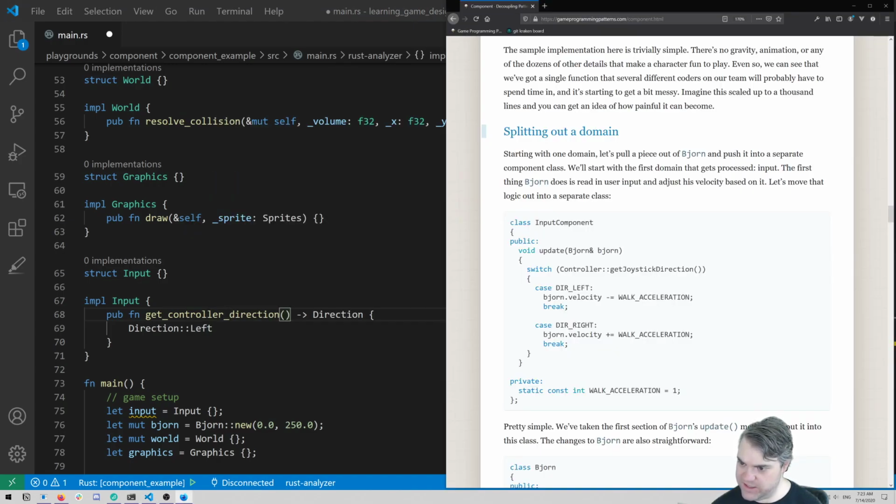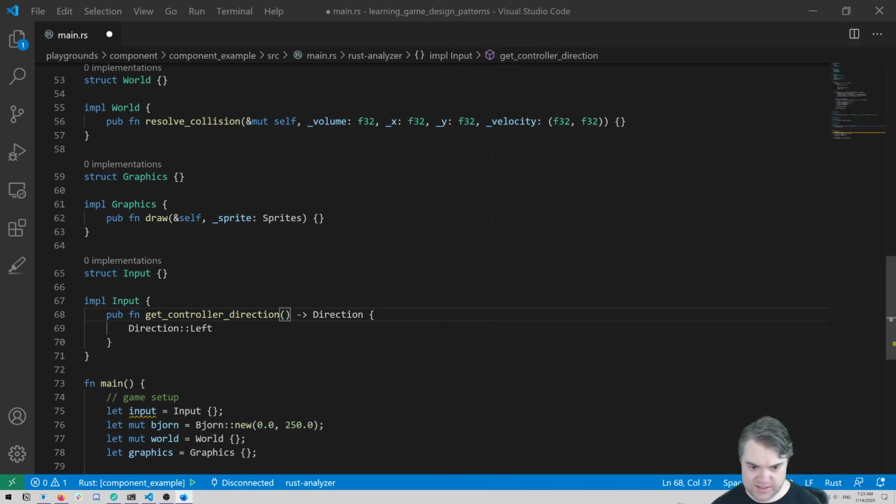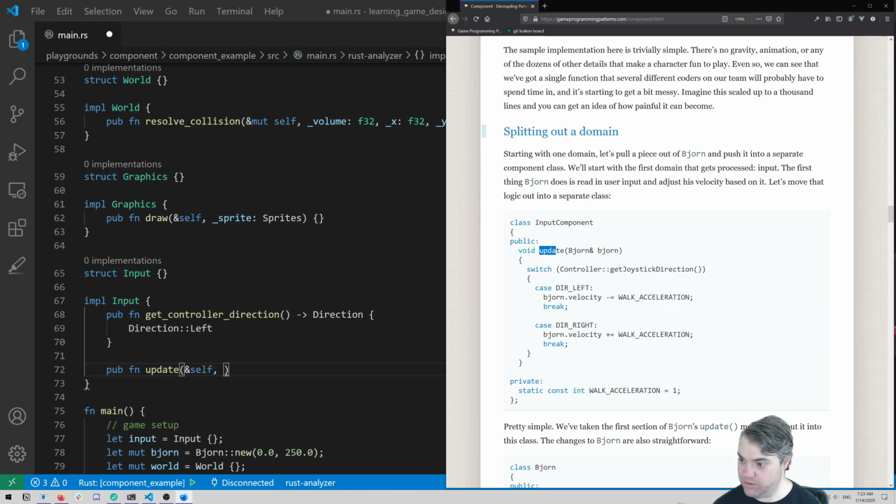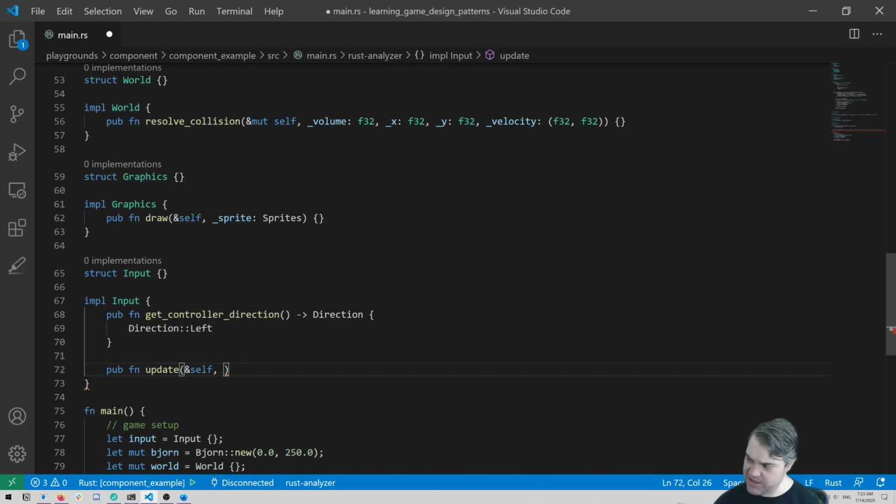Input component is now going to have an update on it. So pub function update, which is going to have a reference to self, and then we're also going to take in a reference to Bjorn. And I don't know if that's going to work for us because